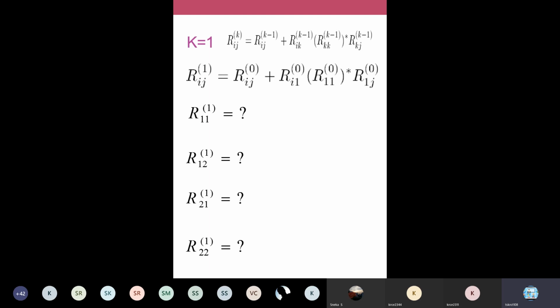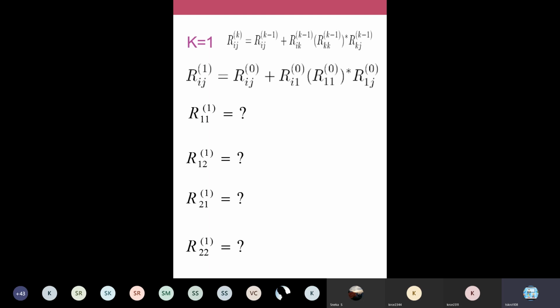And use this formula, that is Rij of k is equal to Rij of k minus 1. That is the previous level. At level k, we use the regular expressions that we defined in the earlier stage. At k is equal to 0, we have found 4 expressions, is it not? That we will use here. Therefore, on the right hand side, you will have k minus 1 as the superscript. So you have Rij of 0 plus Ri1 of 0. So your k is substituted. For k, you have to substitute 1. For i and j, it depends on your formula. For R11 of 1, i is 1, j is 1, k is also 1. Just substitute the values of i, j and k.